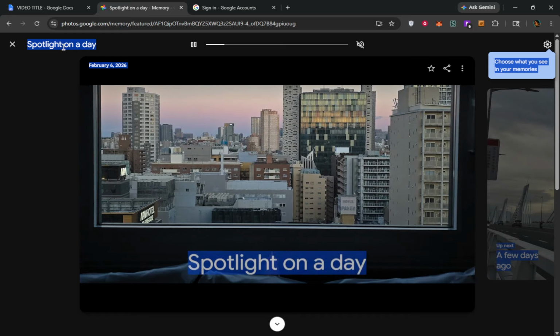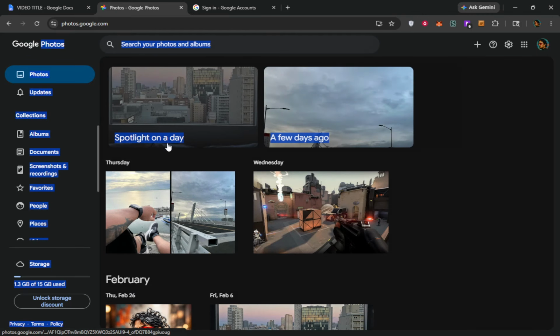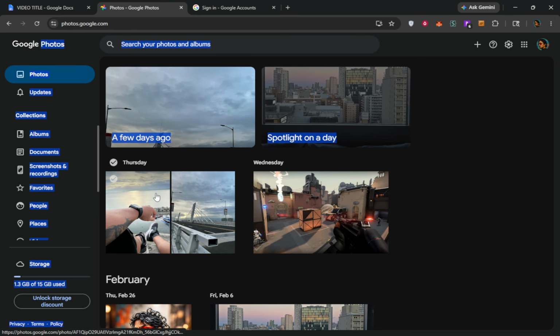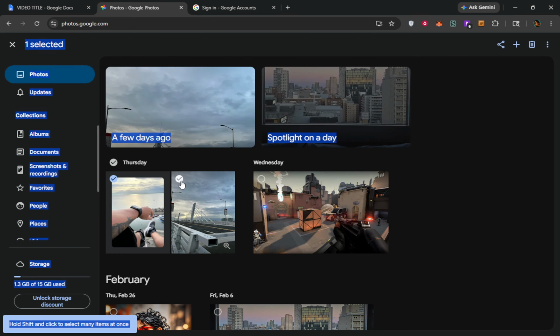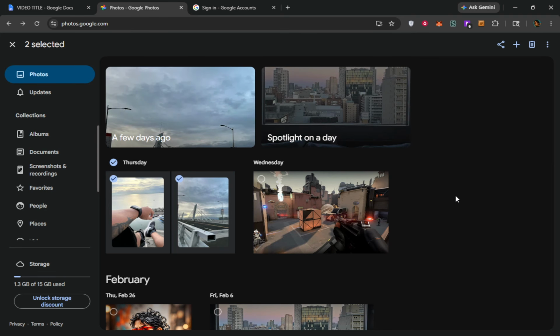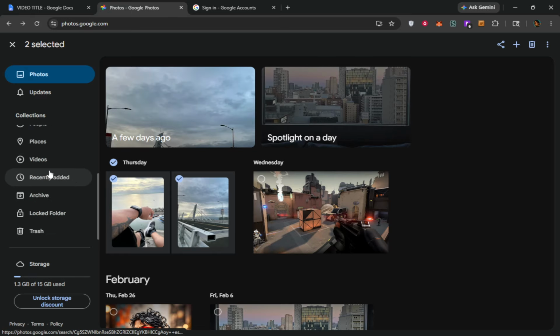Next, open the trash in the left sidebar and choose Empty Trash to permanently remove those items right away. If you don't empty it, deleted photos and videos will remain in trash for 60 days and then be permanently removed automatically. Deleting from Google Photos removes the cloud copies and may affect any device that's actively syncing with the same account, while files that were never synced might still exist locally.